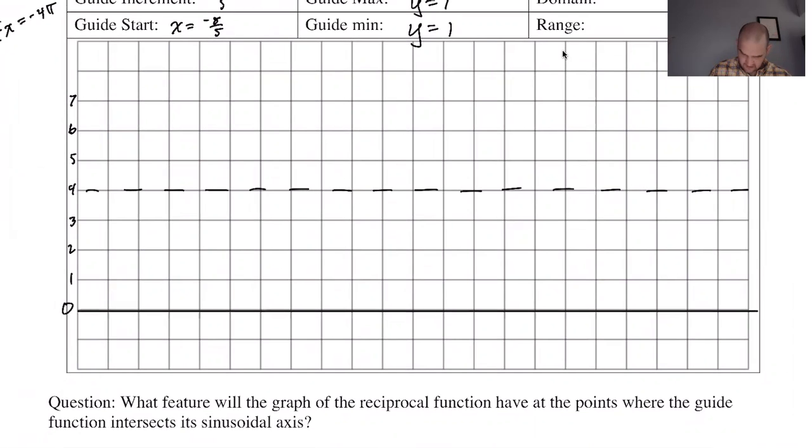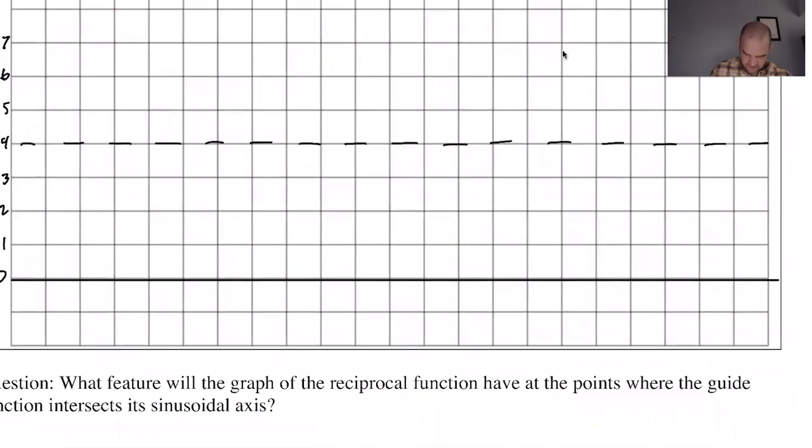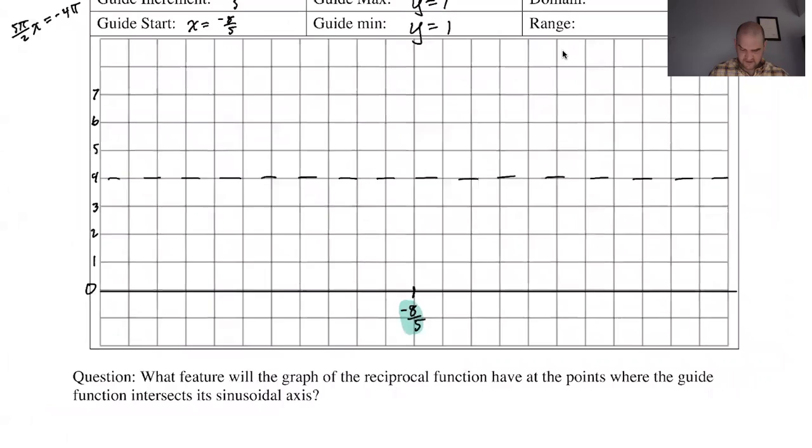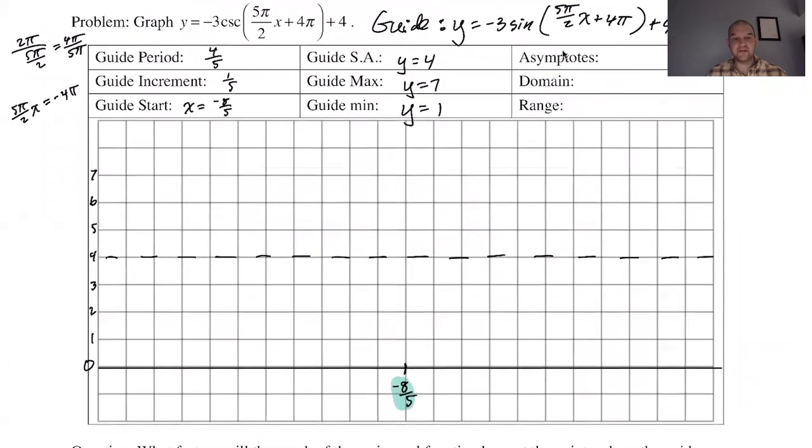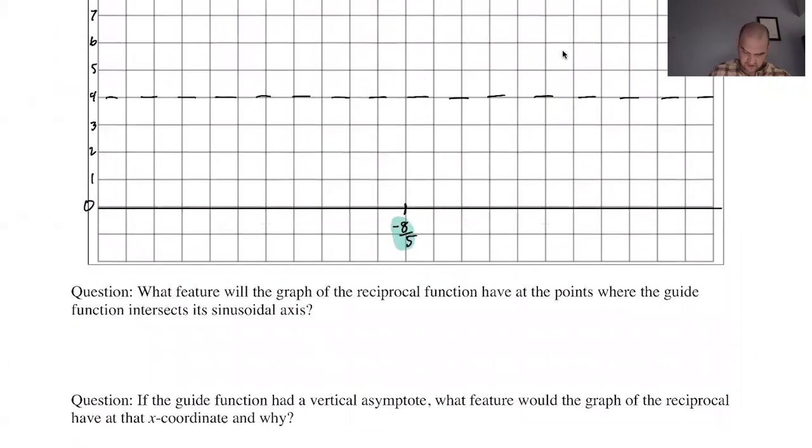And then -8/5. So I'm going to put it like here, I guess. And I would like to somehow note that that's my starting point. So maybe I'll just highlight it. So -8/5. Now I'm going to go 2 boxes per increment. Increment is 1/5. So we'll go to -7/5,